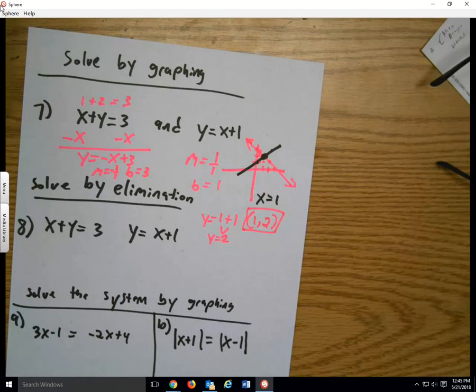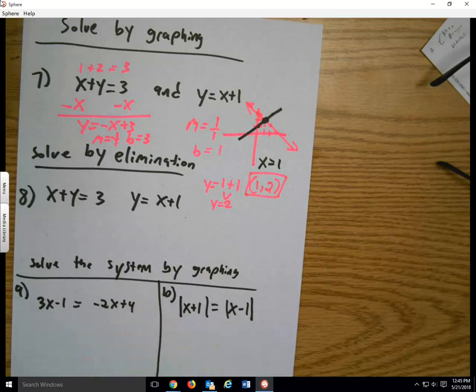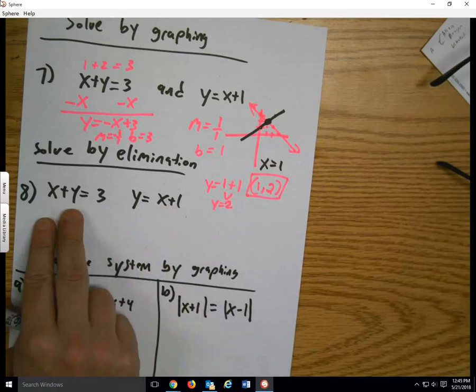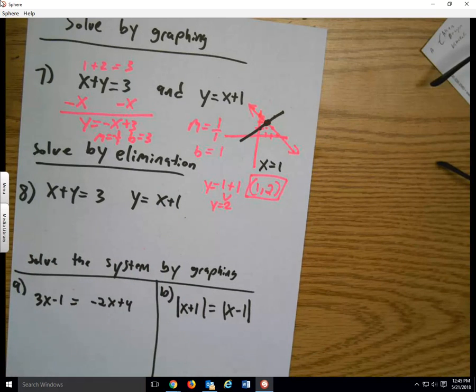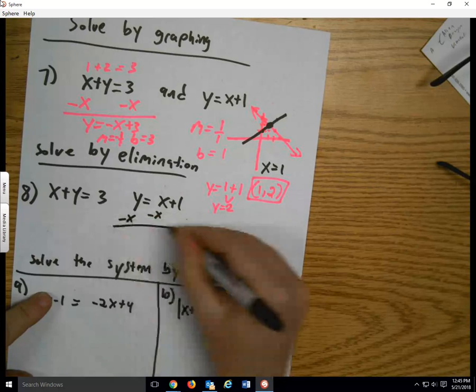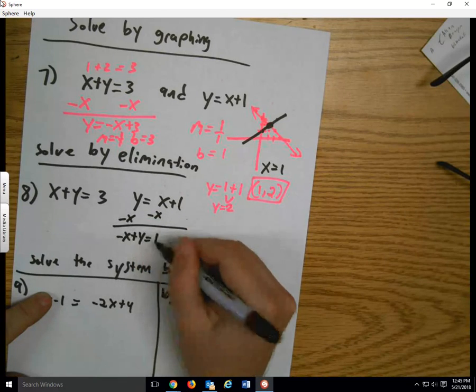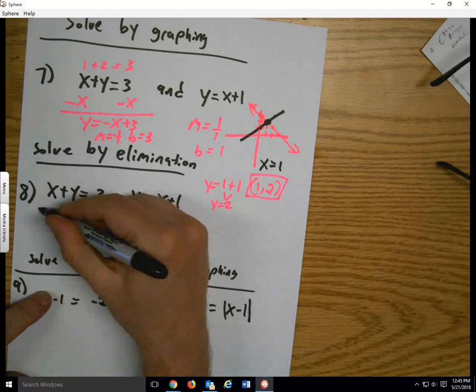Good. Okay, solve by elimination. So I purposely set it up so that they wouldn't align. If I were to write this one under this one, the x's wouldn't be above the x's. So what I need to do is add a negative x to both sides. Then you would have a negative x plus y equals 1. Now I can write them underneath each other